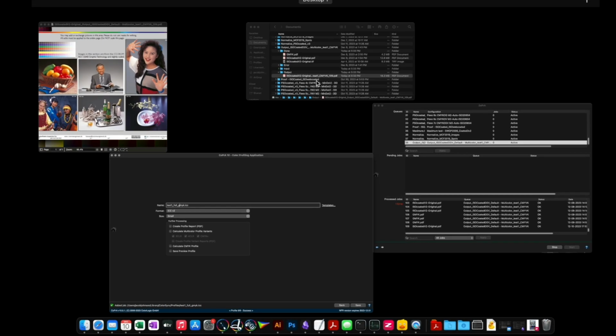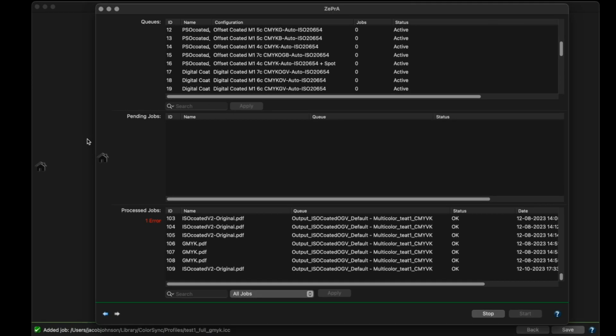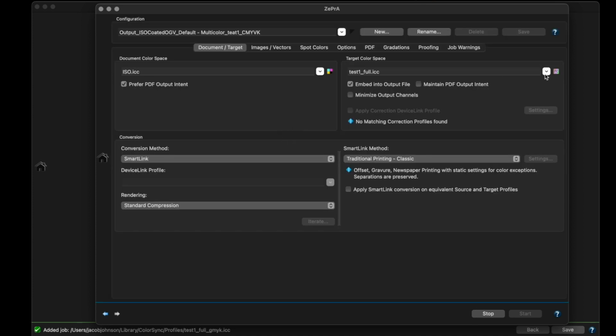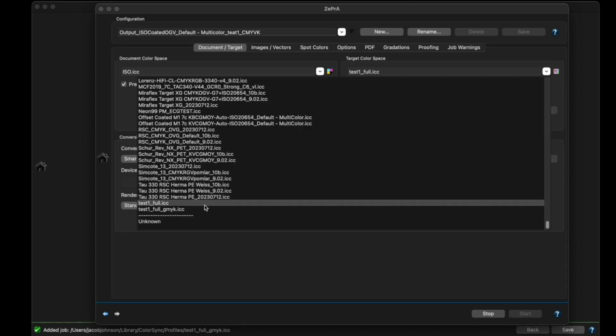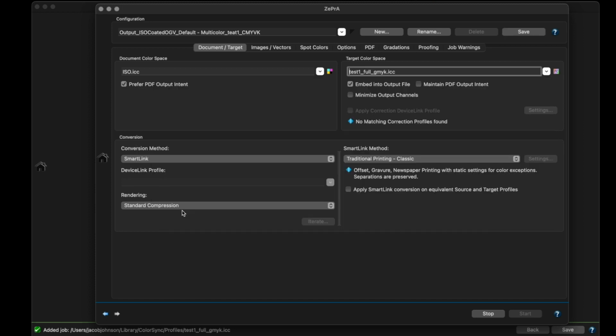Now it's processing. If I go back to ZePrA, I can go over to my profile and change it to this new GMYK. As you can see, it's still in the 7-color window because that measurement data is not deleted. It's just not being used in the channel separation settings. So now hit save,